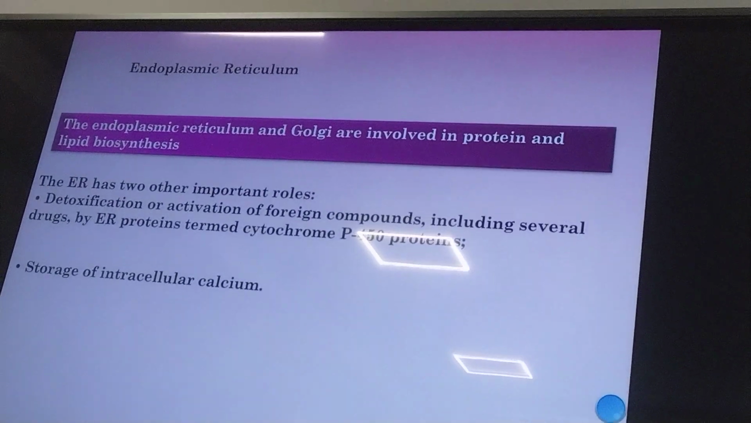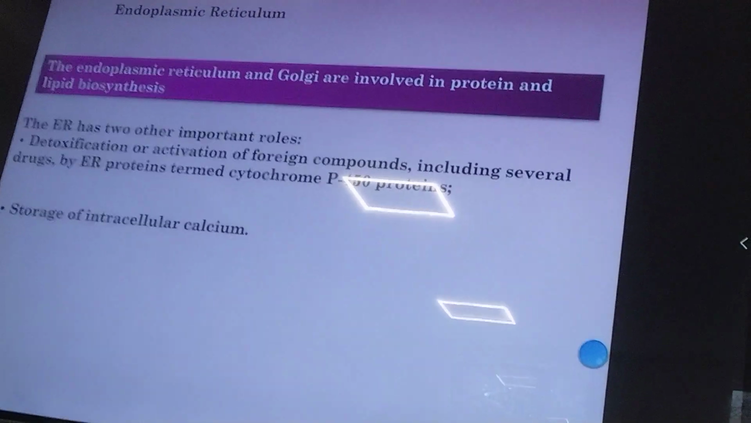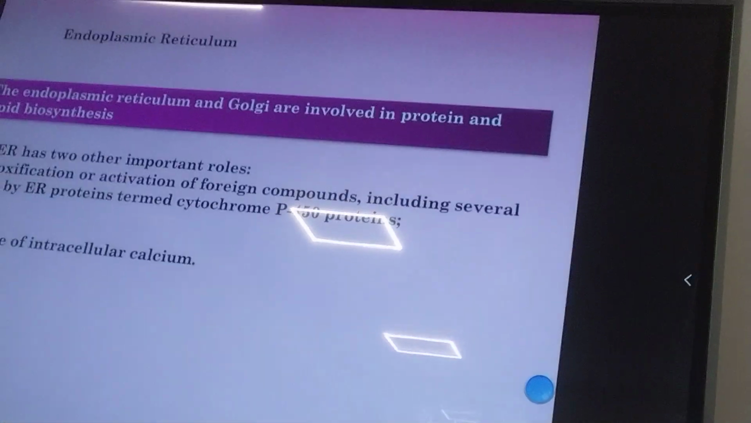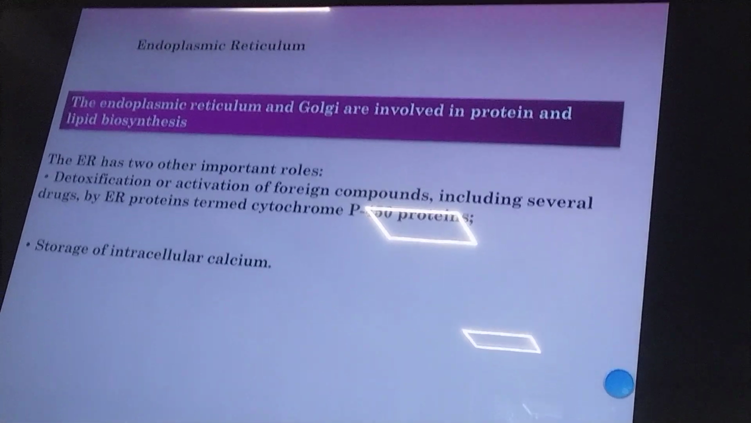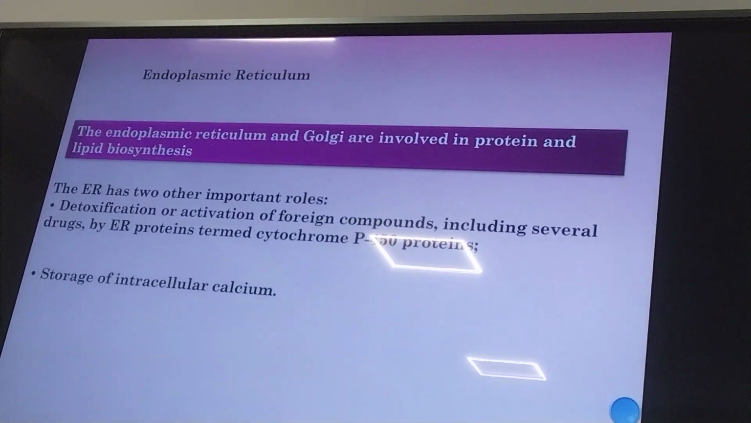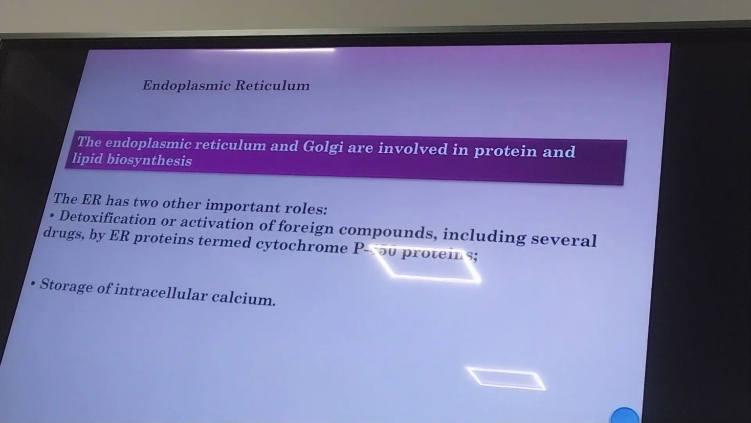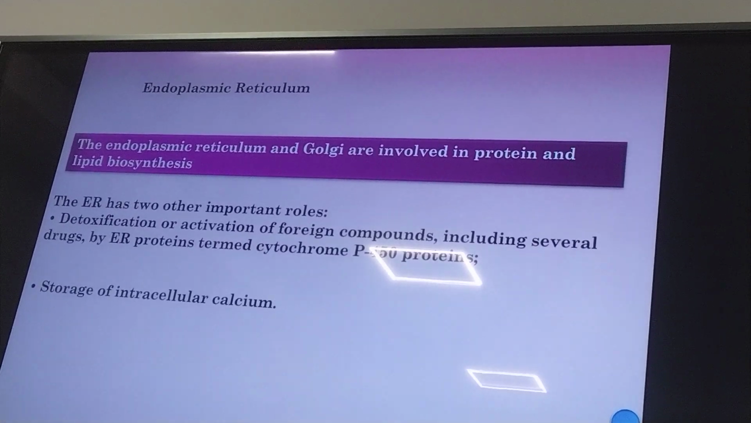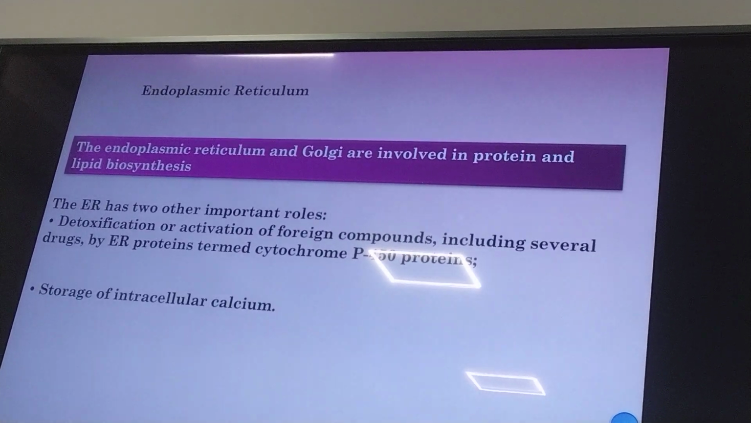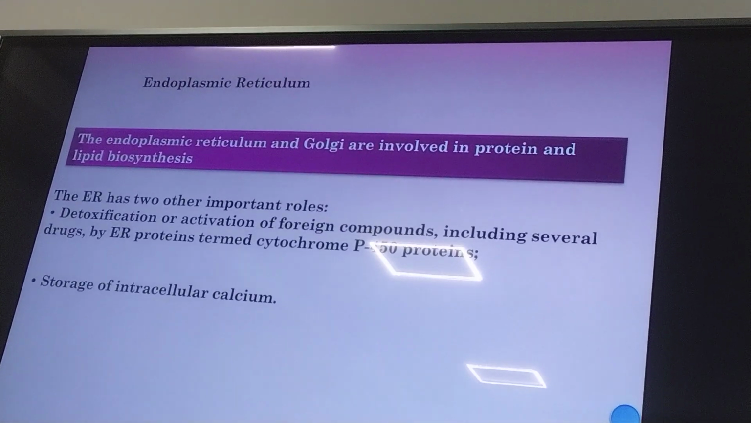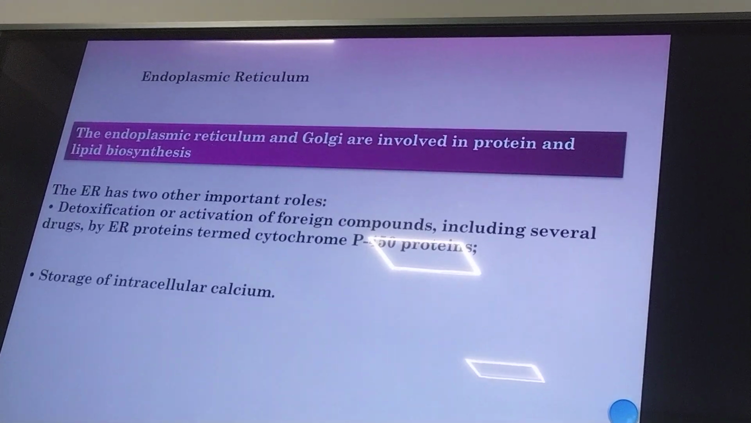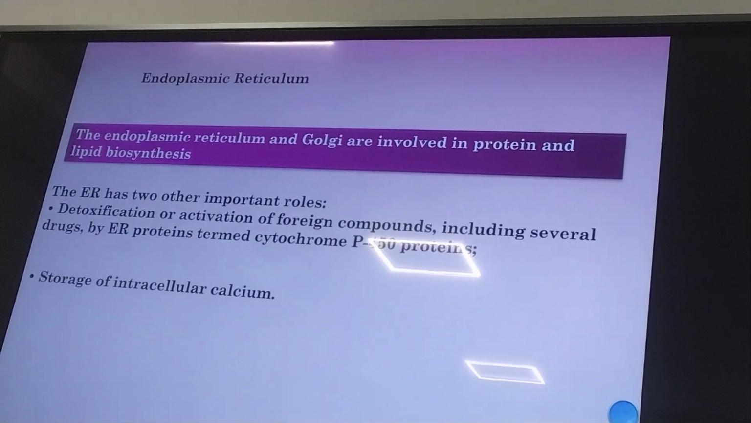By endoplasmic reticulum, which is termed the cytochrome P450 proteins, and also storage of calcium. It's characteristic for the muscular fibers, especially in the skeletal muscle. In skeletal and cardiac muscle, smooth endoplasmic reticulum,